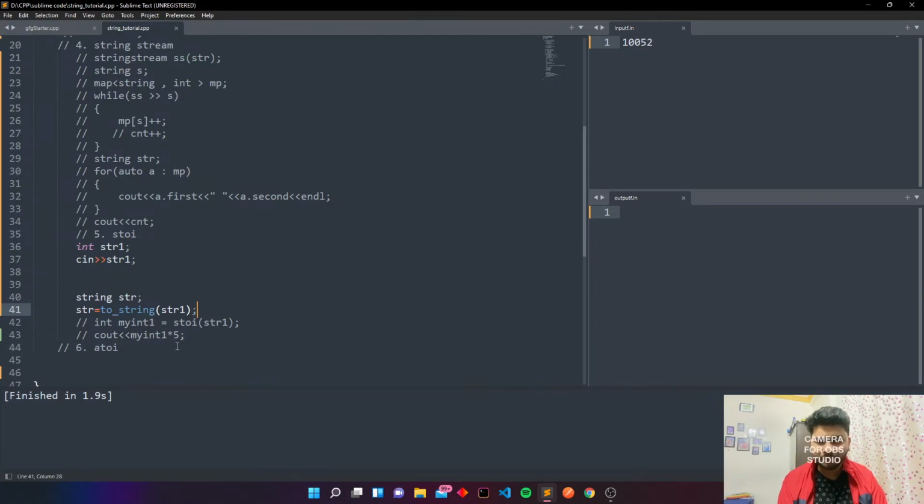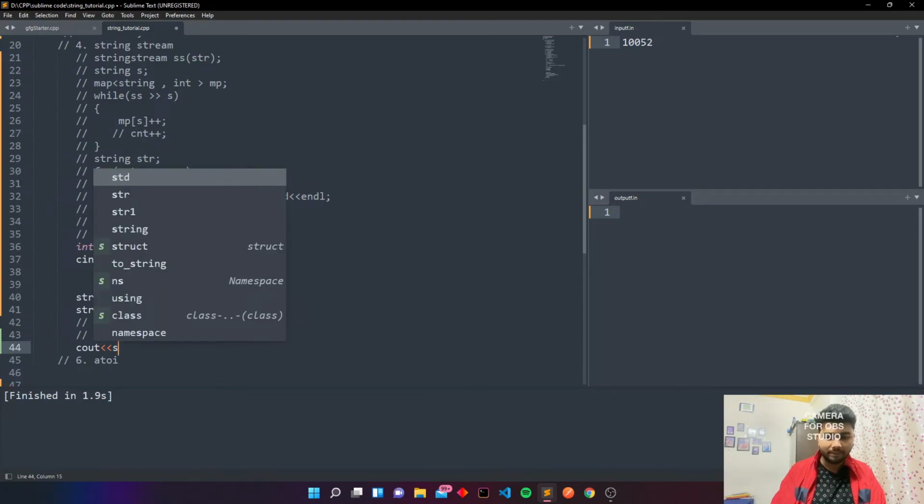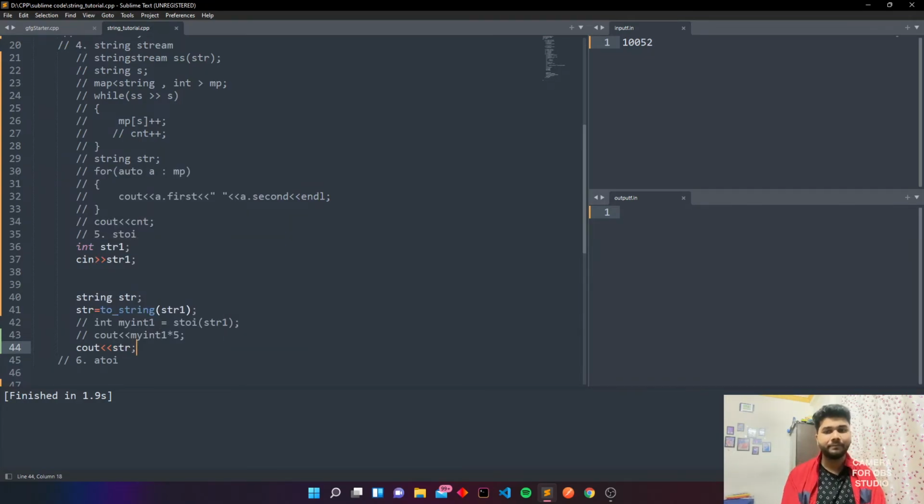Now you may print this. Cout str, you have stored it in str, no? So here you can see these values, and to prove it, just print the first digit.